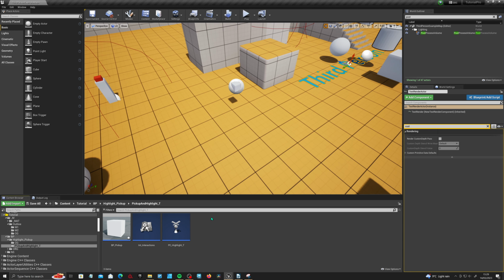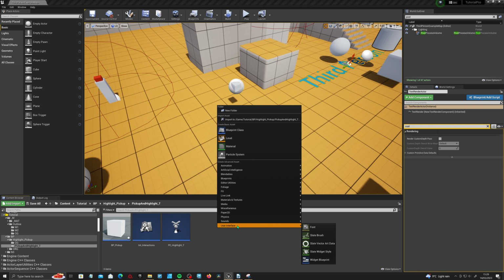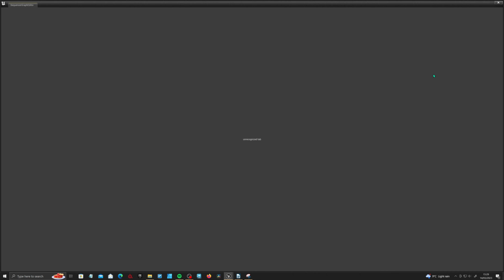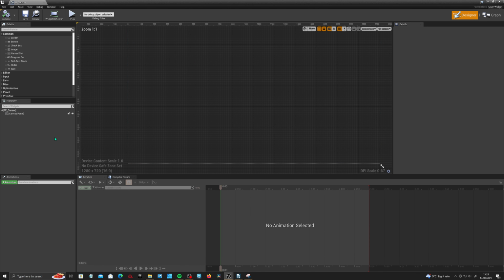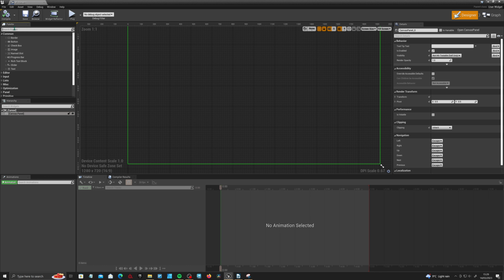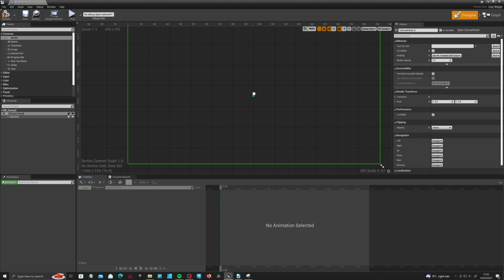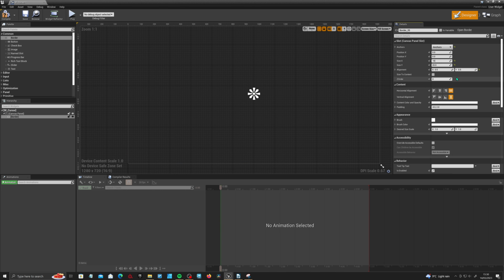The other thing we can actually do here is if you right click in here, go down to user interface, create a widget, and we call this W_cursor. Open this guy up like this, and just so we can actually see where we're aiming right now, I'm going to create a sort of little dot thing. So if we just drag in a border like that, and if we center this, put it to 0.5, 0.5, and if we just make this maybe 20 by 20, ooh, that looks big, maybe 10 by 10, and just save that,